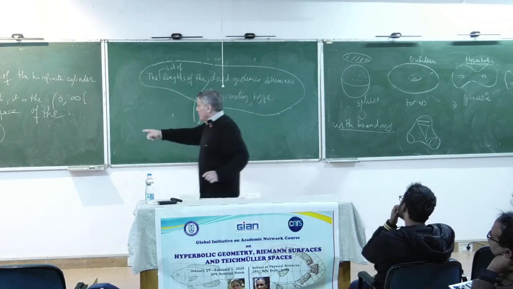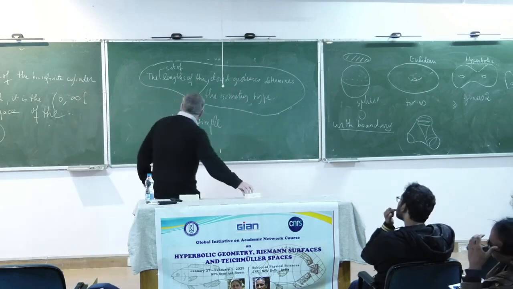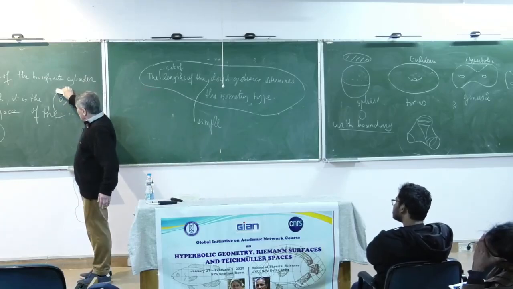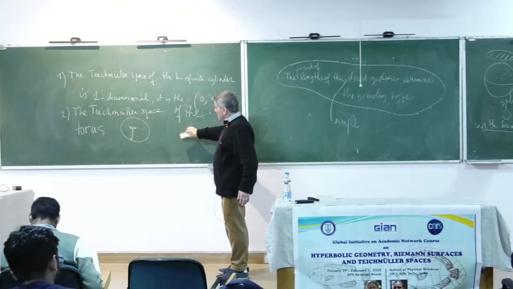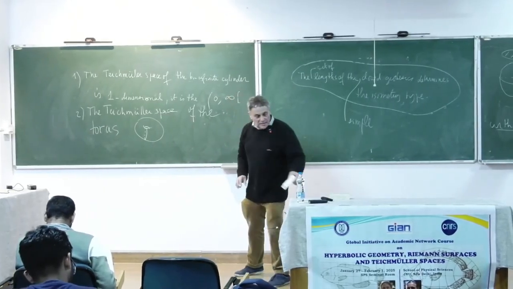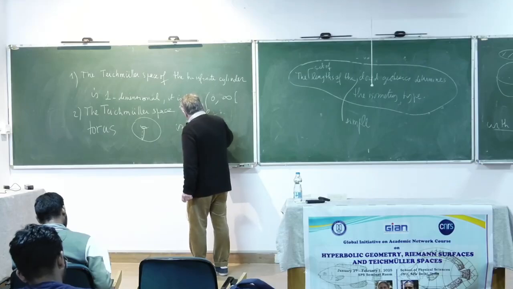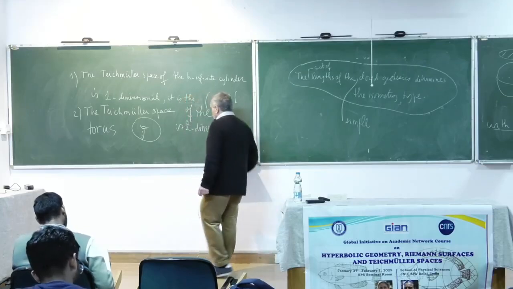So let me finish my sentence here. We more or less understand that this is one-dimensional for the Teichmüller space of the torus. Now it's two-dimensional. This is two-dimensional,